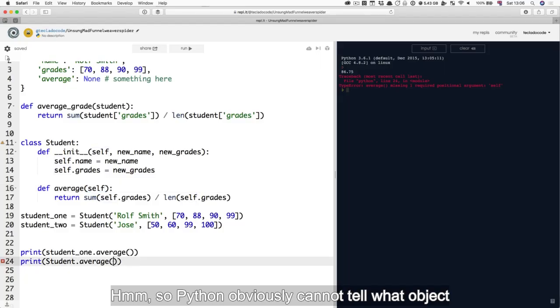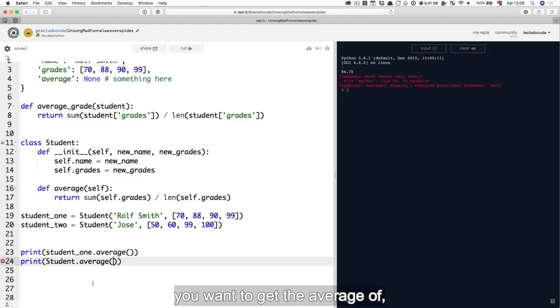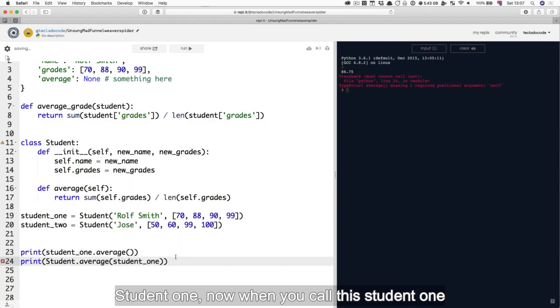So Python obviously cannot tell what object you want to get the average of, because you've not called it with an object, you've called it with the class, which is the definition of an object. So what to do is to pass in a particular object. Oh, not my student, that's a dictionary. Student1. Now, when you call this, student1 will be self,